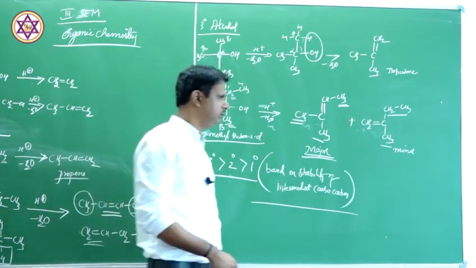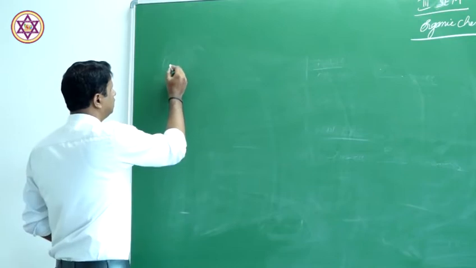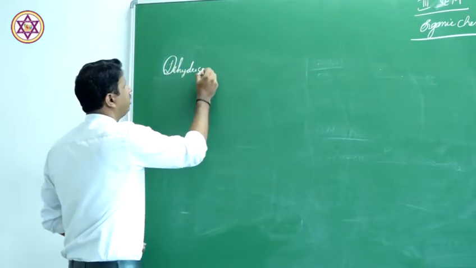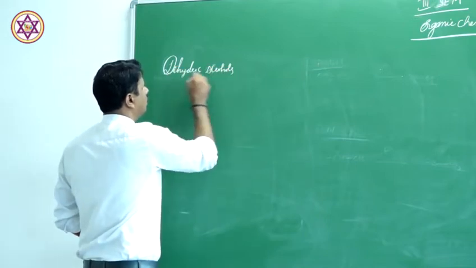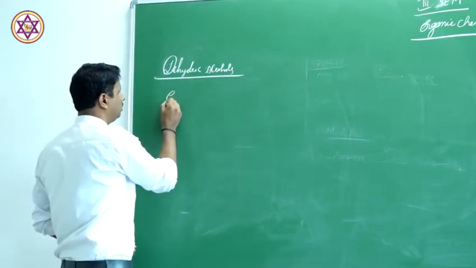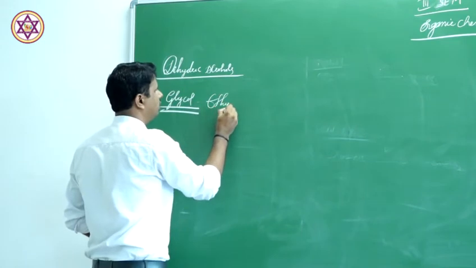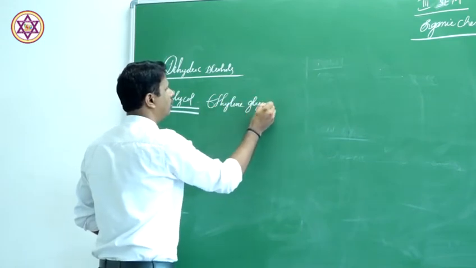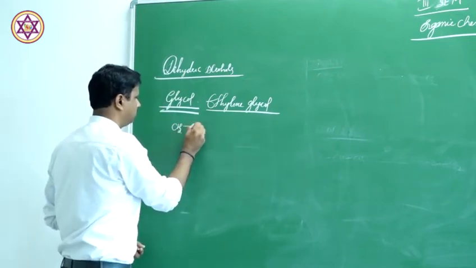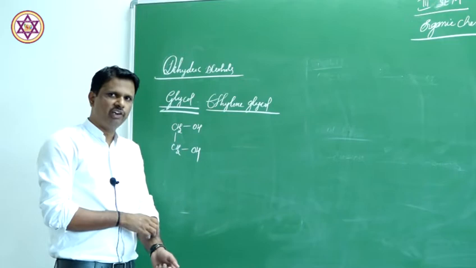Okay. So far we discussed monohydric alcohols. Let us move on to dihydric alcohols in the syllabus. Dihydric alcohols are those which contain 2 hydroxyl groups. We are talking specifically about glycol, or ethylene glycol. I'll write the structure of ethylene glycol first. This is glycol or ethylene glycol.